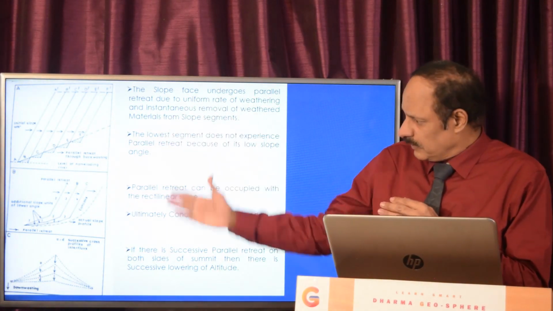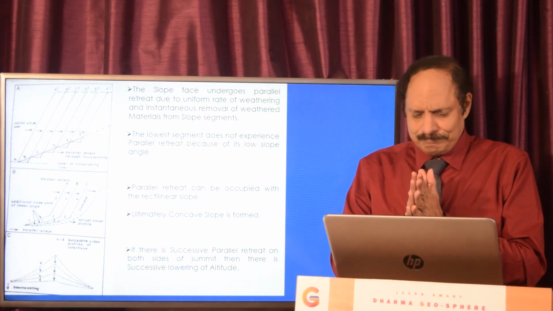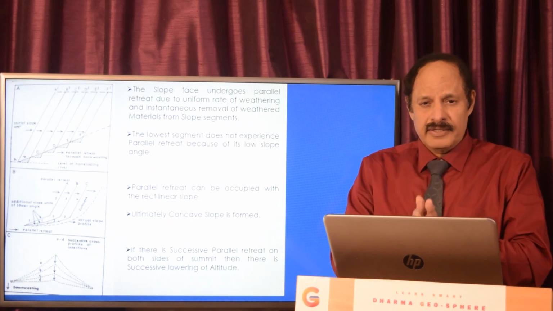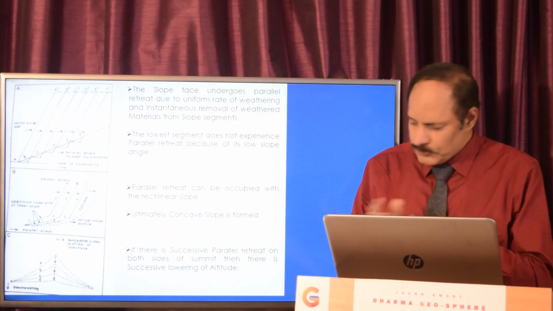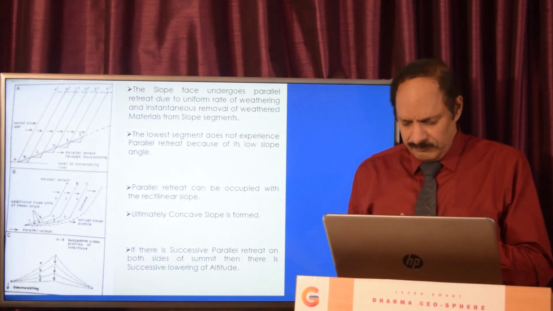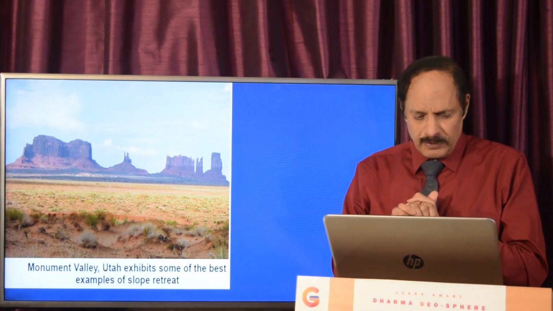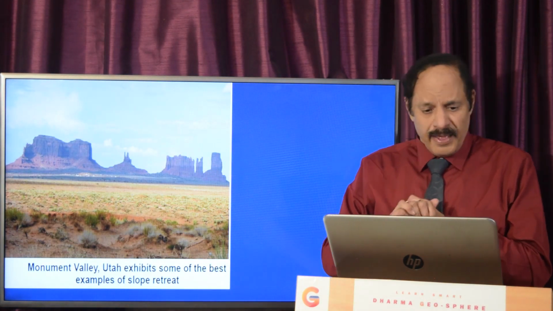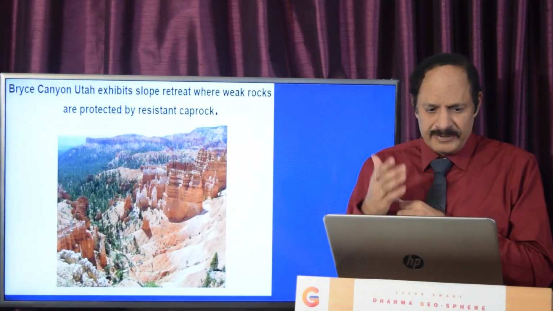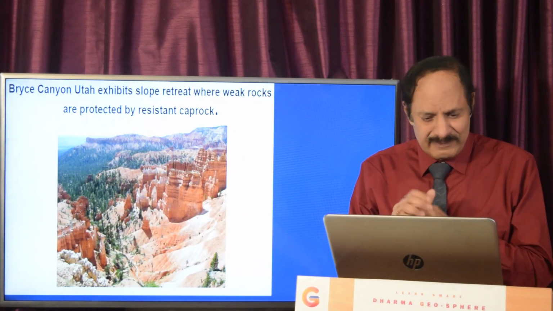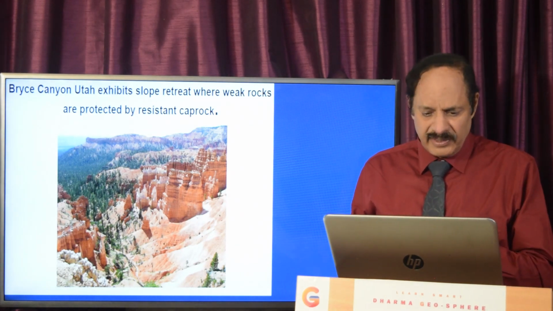So these are the various steps of Penck's cycle of erosion, or his model of development of slope. It finally gets into a concave slope, as I've shown you in 4 steps. So this is an example of slope retreat, and this is Utah. And then you also have Bryce Canyon, where you can see again in Utah how the slope retreats after